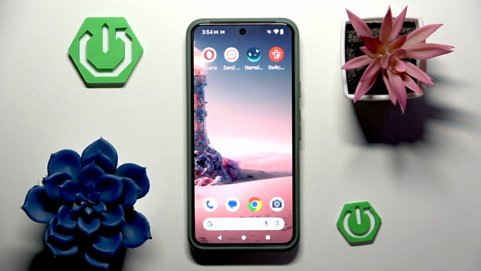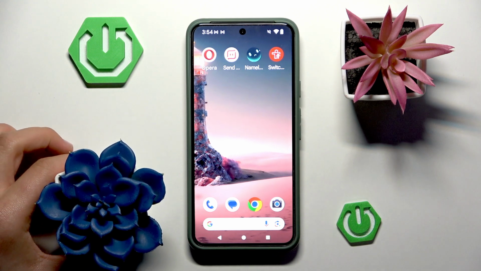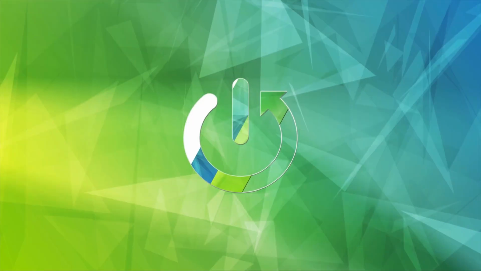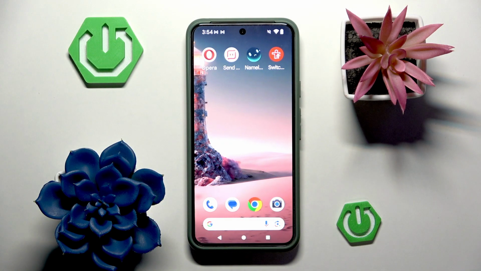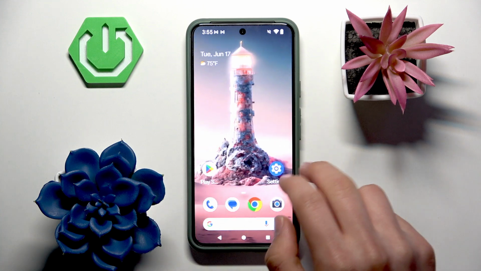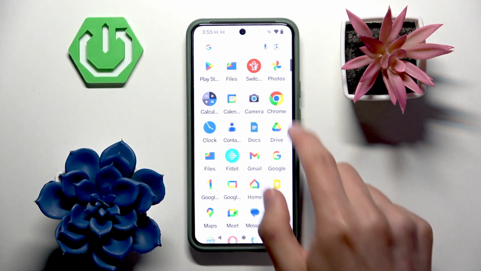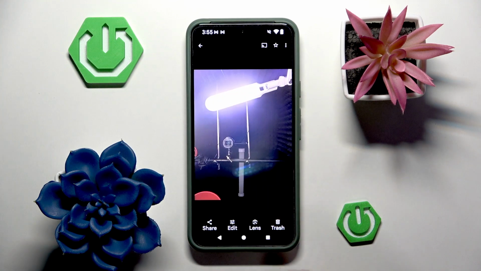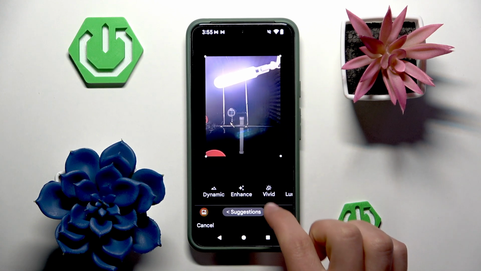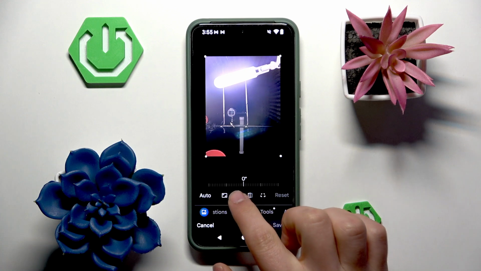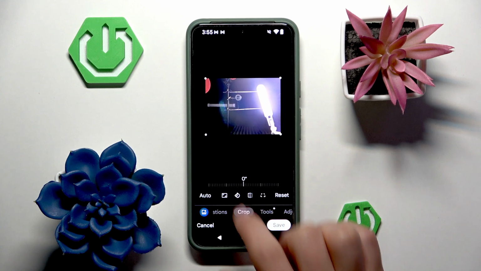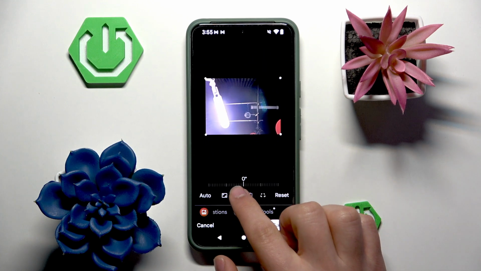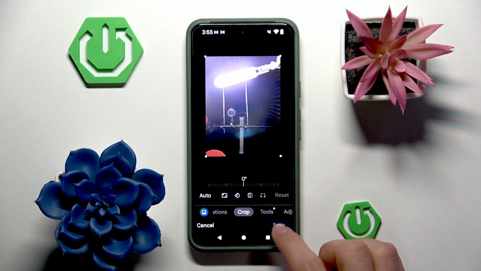Today I will show you how to rotate photos on Android 16. So as you guys see, I'm already on my Android 16 and I will head to photos. And as you see, you pick a photo you would like, click edit, then go to the crop section and click on the second icon right here to flip it upside down, or you can rotate it whichever way you would like. Click save,